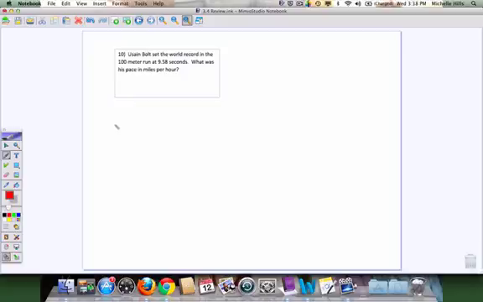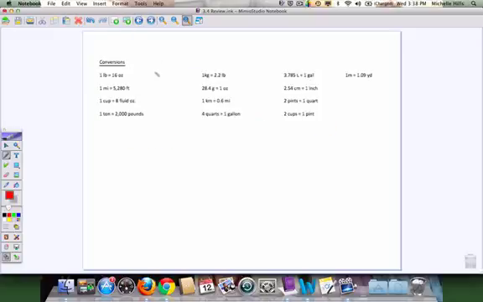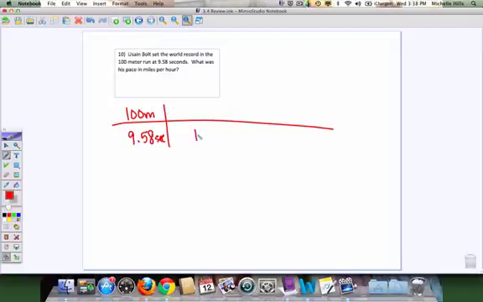Now the other problem talks about Usain Bolt, who set the world record in the 100-meter run at 9.58 seconds. So he ran 100 meters in 9.58 seconds. And it wants his pace in miles per hour. If I look at my conversion chart, there is no conversion between meters and miles directly. Probably the fastest way to do it is to go from miles to kilometers. So 100 meters,